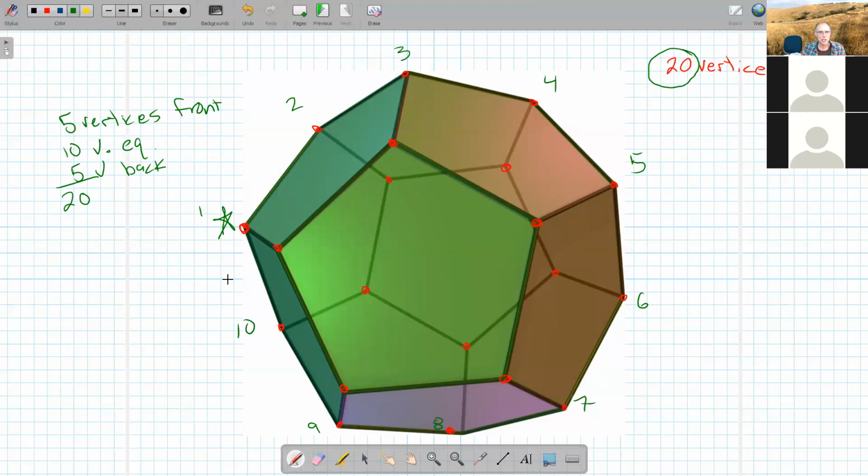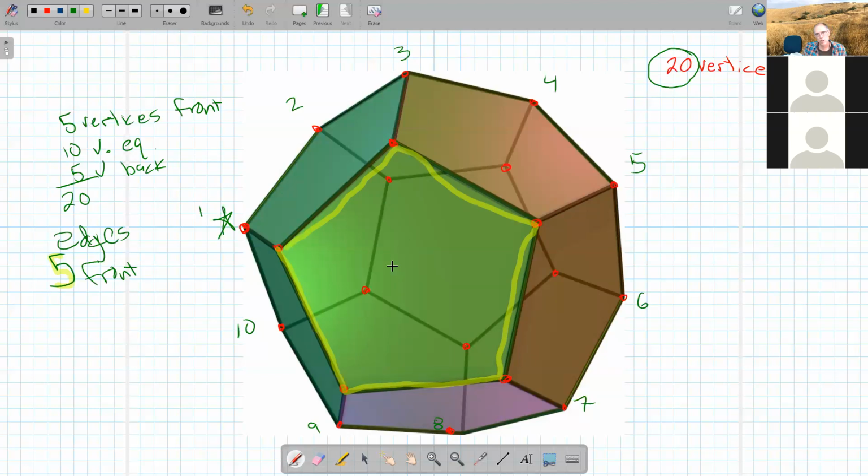All right, edges. So I got my highlighter on. Yeah, I can kind of see that. So 1, 2, 3, 4, 5 in front. So let's make a note. That's kind of hard to see. 5 front. And these are edges. Okay, so then coming off those,